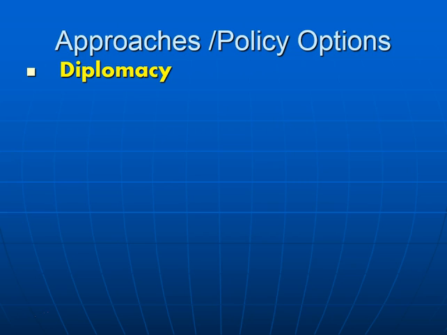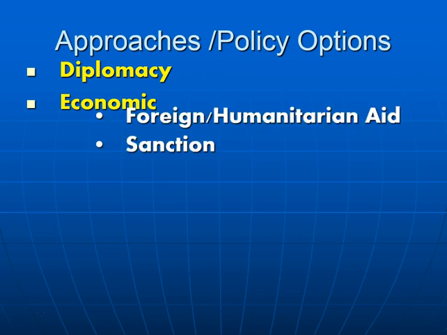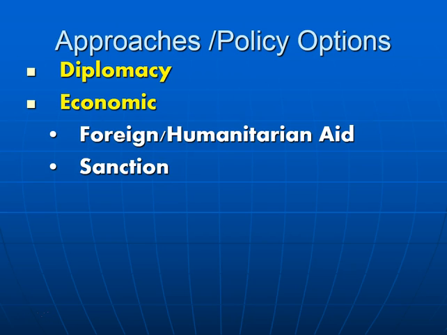Some things that we can use in order to negotiate foreign policy. The first strategy is diplomacy. This is always the ideal strategy. We always like to use diplomacy, and what we mean by diplomacy is simply talking things over, discussing things in a civil manner. Another policy we have available is economic, and there are actually two different types of economic functions that we can use as part of foreign policy. The first is foreign aid or humanitarian aid. What that means is if we want a country to do something positive.